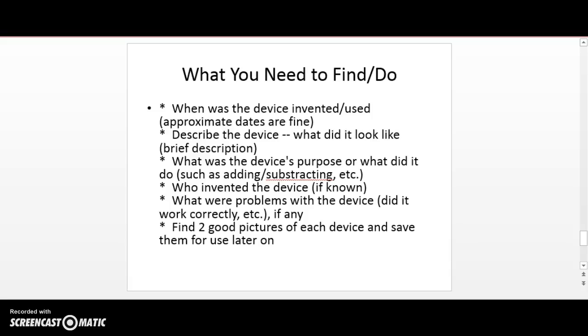Approximately when it was invented or created, give a brief description of it. What was the purpose? Like shell trajectories was one of the purposes. Census tabulation was another for one of the other devices. Who invented it, if known? Were there any problems? Heat, size, unreliability,